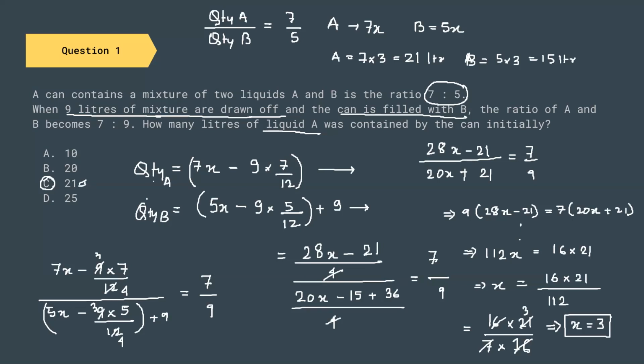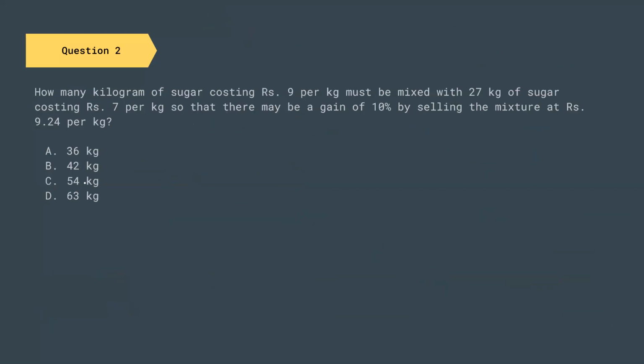Now let us go to another question. I'm going to solve the questions very fast and very rapidly because this is a rapid revision series. So if you want to look into the theory, you can look into my previous NQT 15 days cracker series. In there, I have discussed all the theories in depth. So now let us look into another question.